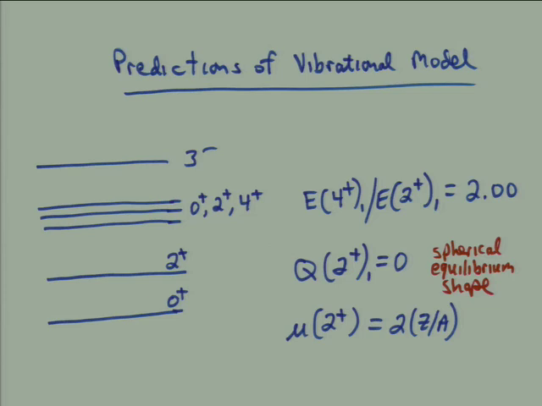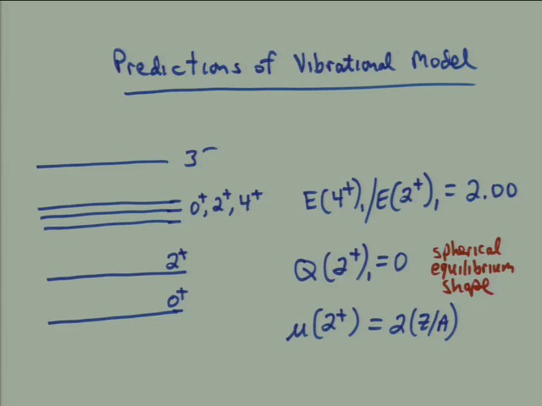For various nuclear structure reasons, sometimes the 4 plus is lower than the 0 plus. But we'd expect there to be 3 states nearby each other and roughly at twice the energy of this one. And then somewhere not too far away, a 3 minus. Okay? And as I said, we would expect then, because the spacing between the 0 plus and 2 plus is